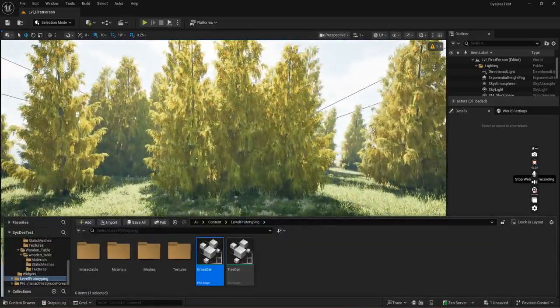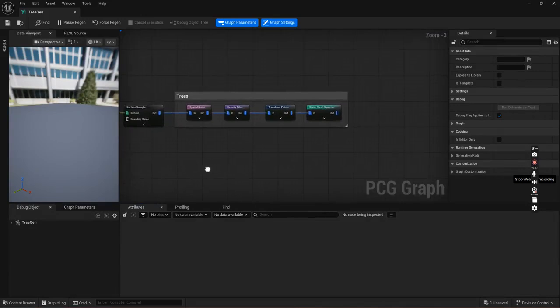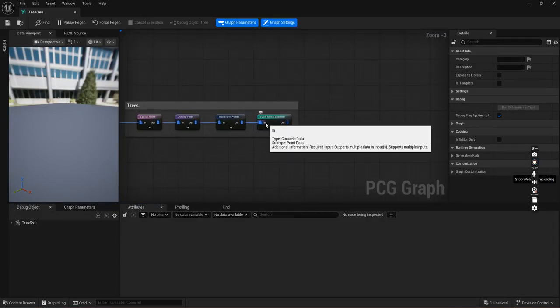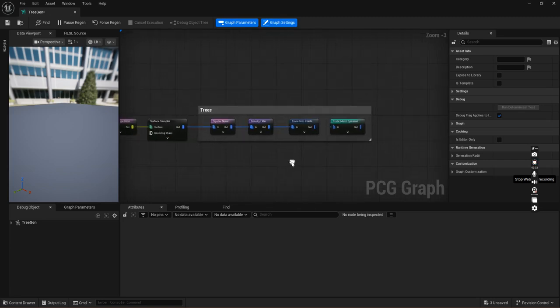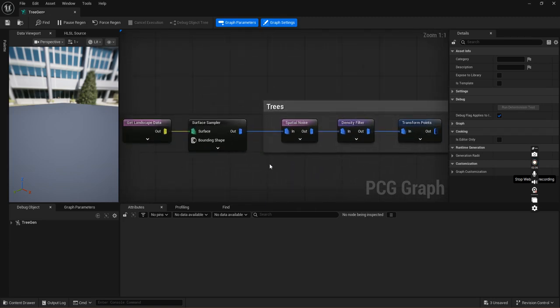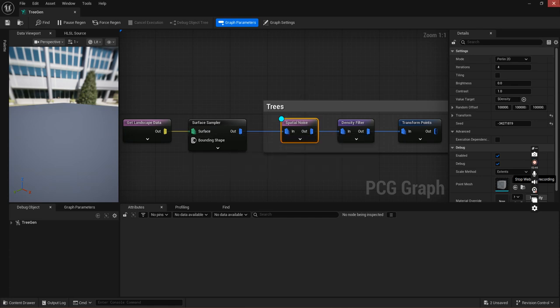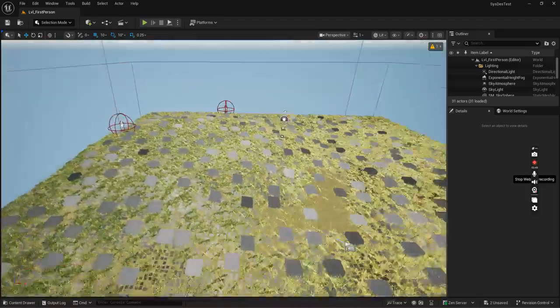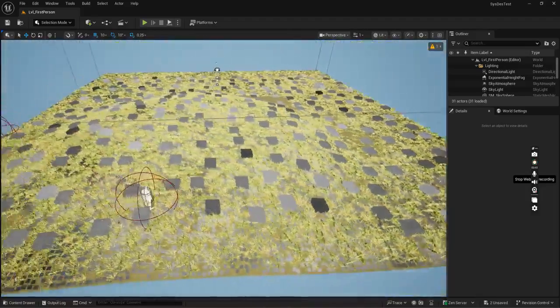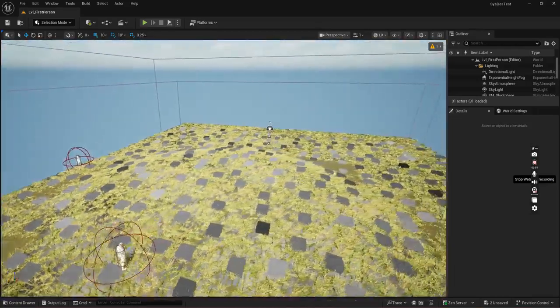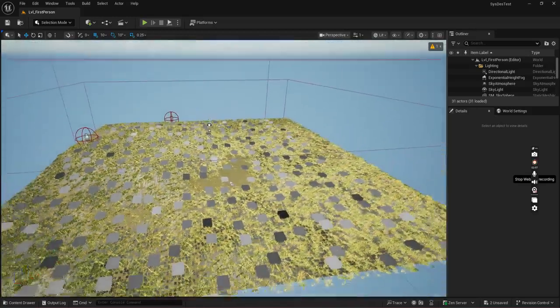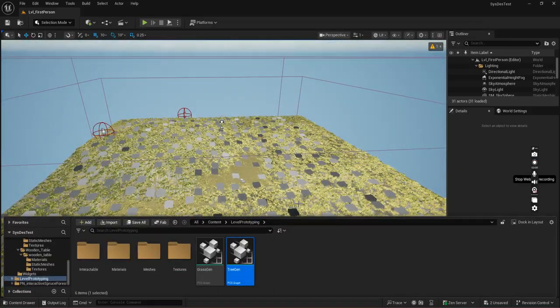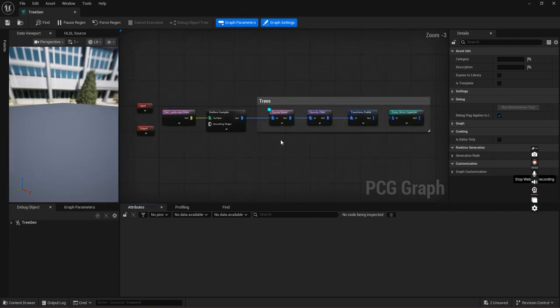A similar function is done with the trees. The trees are made up of a variety of spruce tree models. These are all from Unreal's Fab store for free. If we just go ahead and debug this node, we can see that each of these trees is just a spawned point. There's some NPCs there from another demo, and we can see that again the distribution and clumping